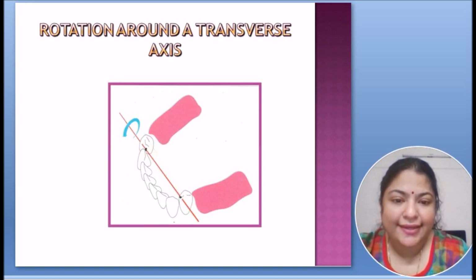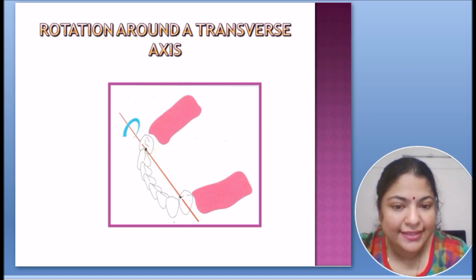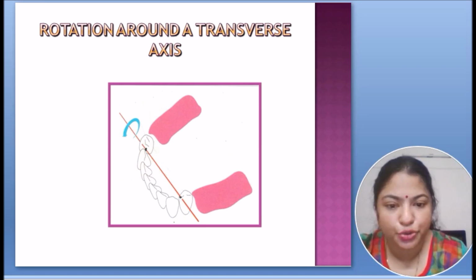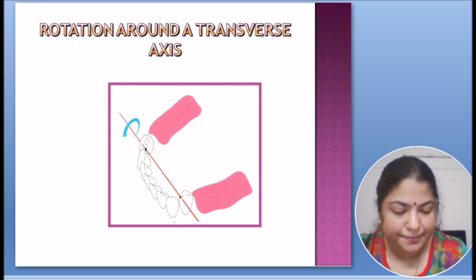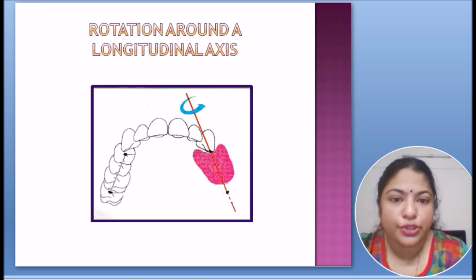So as we know, when there is a cast partial denture that is tooth tissue borne, which we call the distal extension cast partial denture, there is a rotation around the transverse axis, which is the fulcrum line, and that passes through the rest seats on the distalmost abutment tooth. So there is a movement, and there is disparity of the movement on the tissue side and the tooth side. There is also a rotation around the longitudinal axis along the longitudinal fulcrum line.